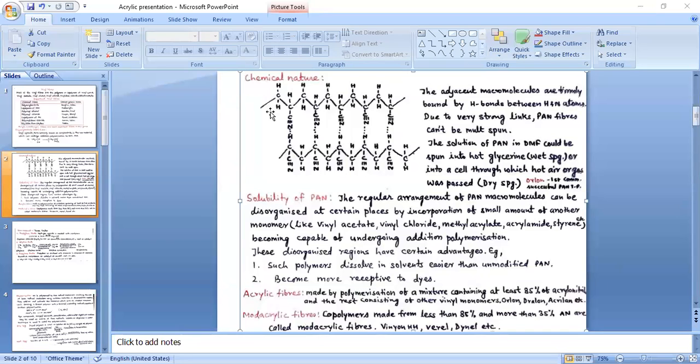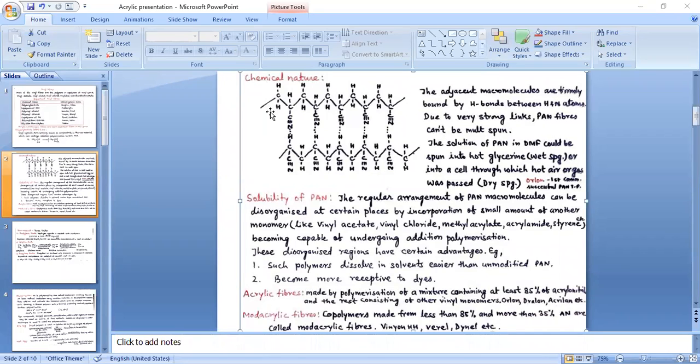The solution of polyacrylonitrile in DMF could be spun into hot glycerin if we are using the wet spinning method, or into a cell through which hot air or gas is passed if we are using dry spinning. This paragraph is very important. I'm again repeating. The solution of polyacrylonitrile in DMF, dimethyl formamide, could be spun into hot glycerin if we are using the wet spinning method,